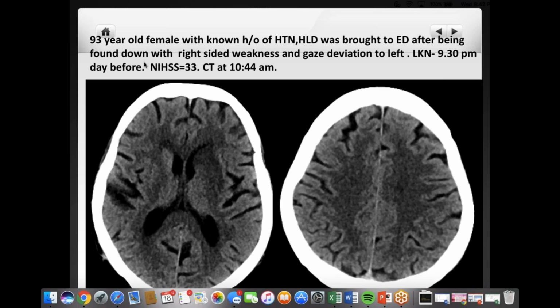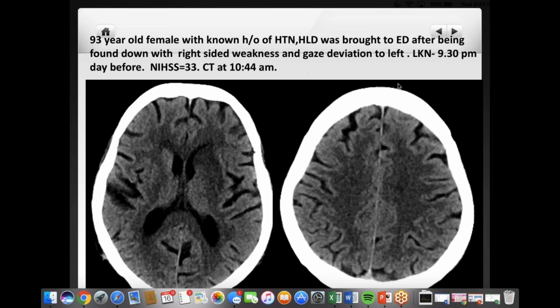This is a 93-year-old female. So now we're getting into a slight variation of the prior case. And I want to point out these variations because you will see that sometimes we use different imaging tools depending on how the patients are presenting. So in this case, we have a relatively old patient, probably not so much in South Florida where a lot of our patients are above 90, but probably for a lot of you living in other areas of the country, 93 is definitely on the older side of your patients.